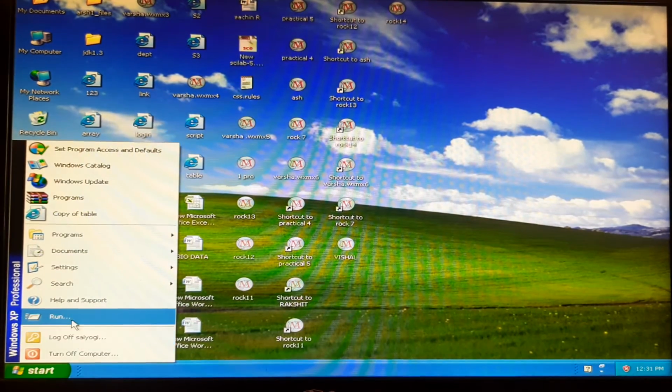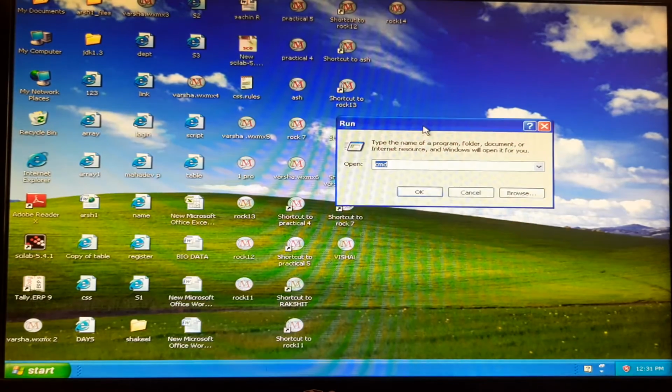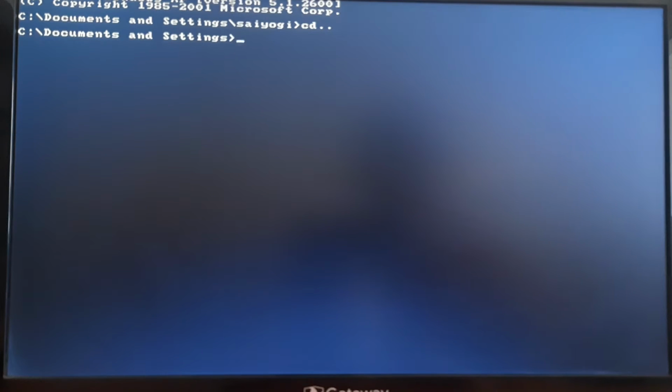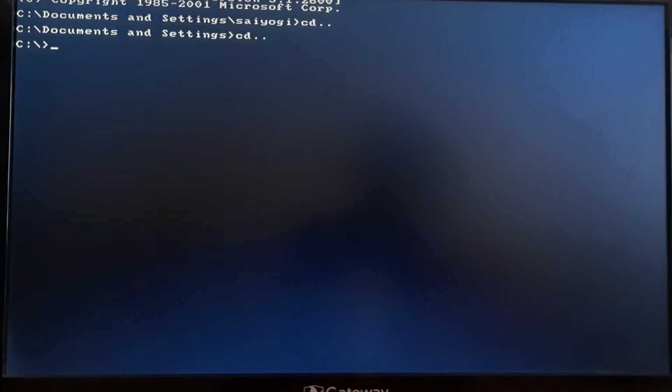So click on Start, click on Run and type cmd or command to open the console mode, and then type cd.. cd.. until you get the C prompt. Okay, so this is your C prompt.